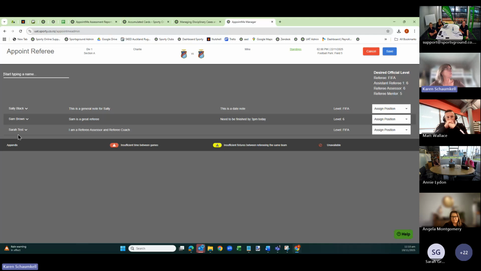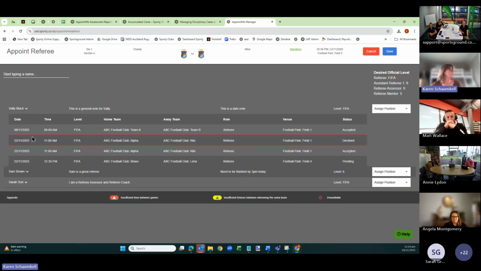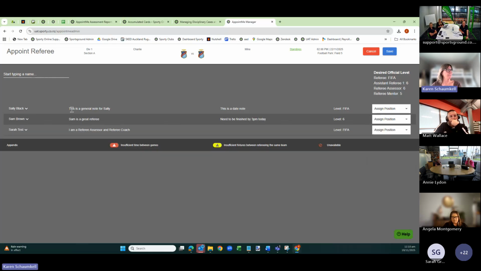So automatically it's showing you a list of everyone that has said they are available on this particular day at this particular time. We spoke about seeing the number of upcoming or historical fixtures for each referee. This little drop-down arrow shows you that. So if they've been appointed to other games, you're going to see a total of 5 games in the past or upcoming, because that was what we set in our settings area. But if you want to see more or you want to see less, you can.